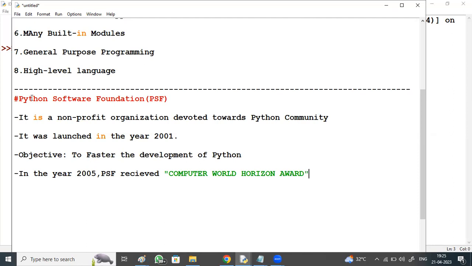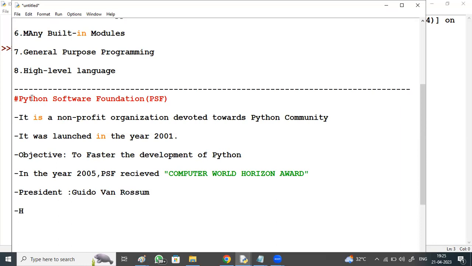In the year 2005, PSF received the Computer World Horizon Award. And the president is the same personality who developed Python, Guido van Rossum.